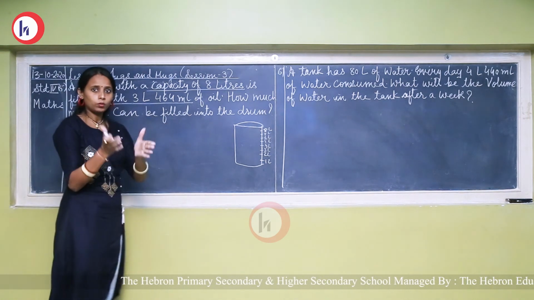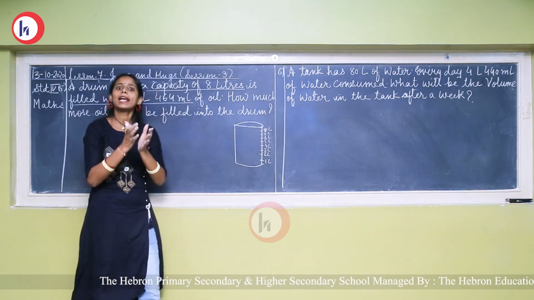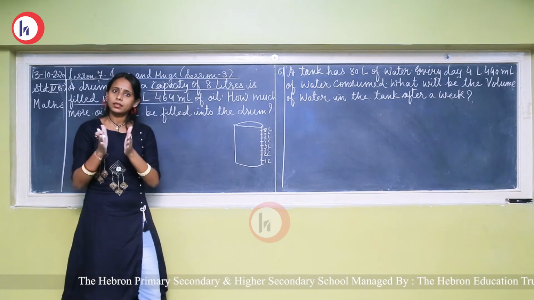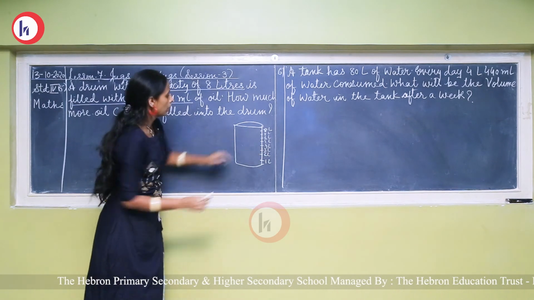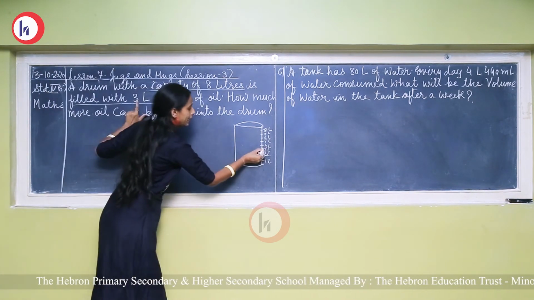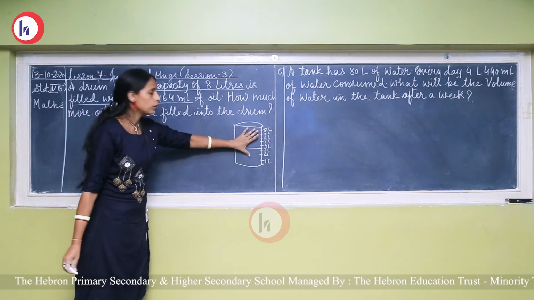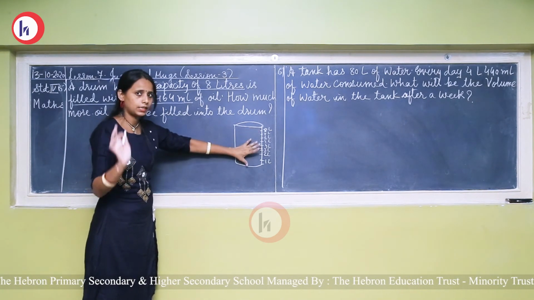As I explained to you, the difference between capacity and volume. Capacity means how much oil can be filled in the drum, कितना आ सकता है? Okay. And volume means कितना भरा हुआ है, कितना space covered हो चुका है. So, इतना oil इसके अंदर है 3 लीटर. 3 लीटर के बाद इतना और इतना आ सकता है. Okay. So, as now you understood the difference between capacity and volume.